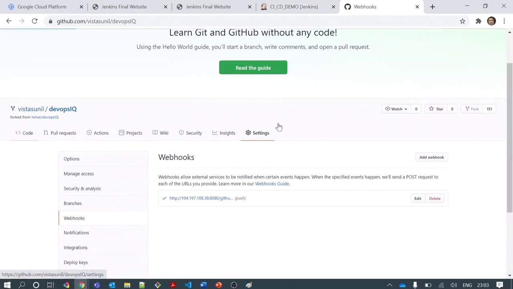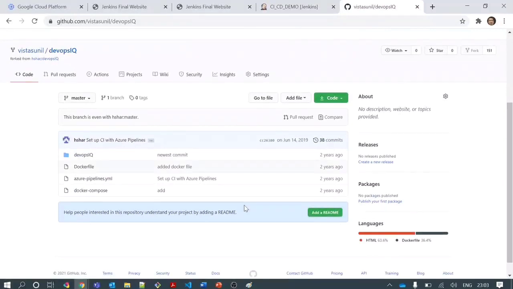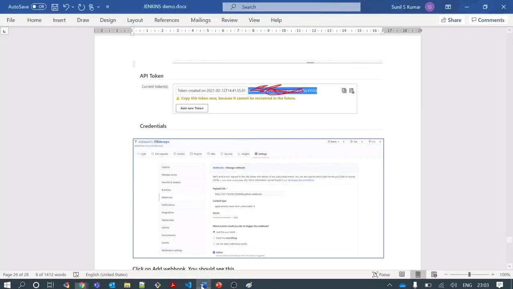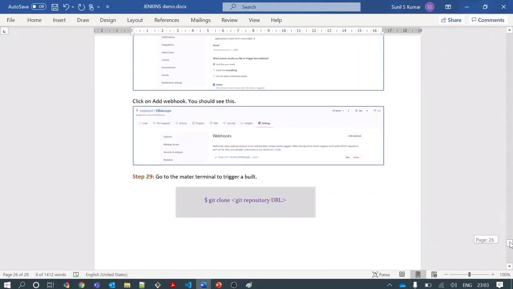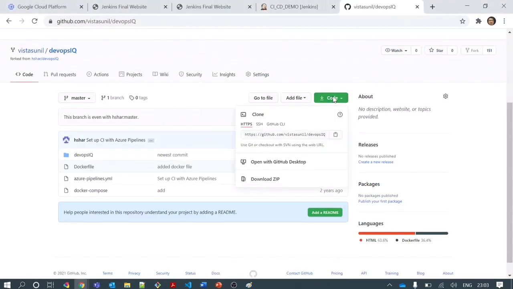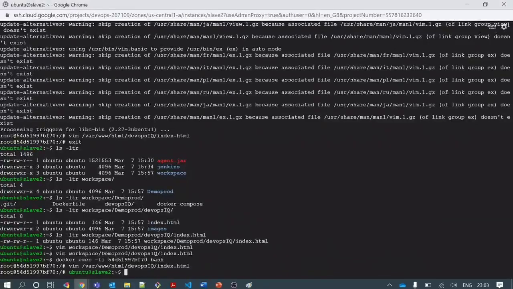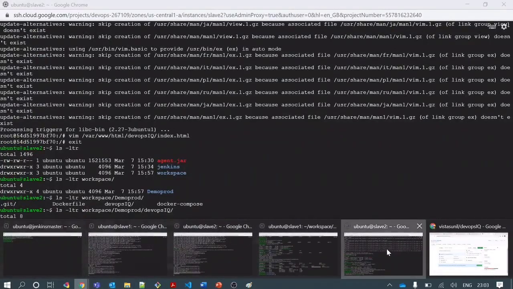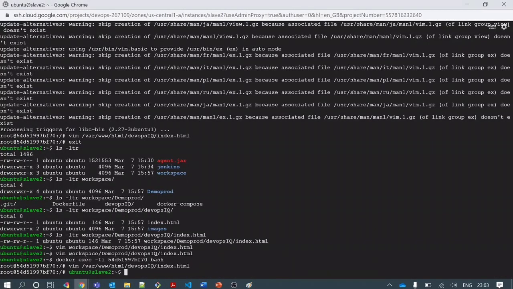So now what I can do, I can check this repository. I can go to the code and either make some change here and commit, or I can pull the code. I can clone the code repository locally and make some changes there. So let's clone the repository locally, by copying the URL. I can go to any node. Let's go to the slave 1 node, right, and do a git clone here.